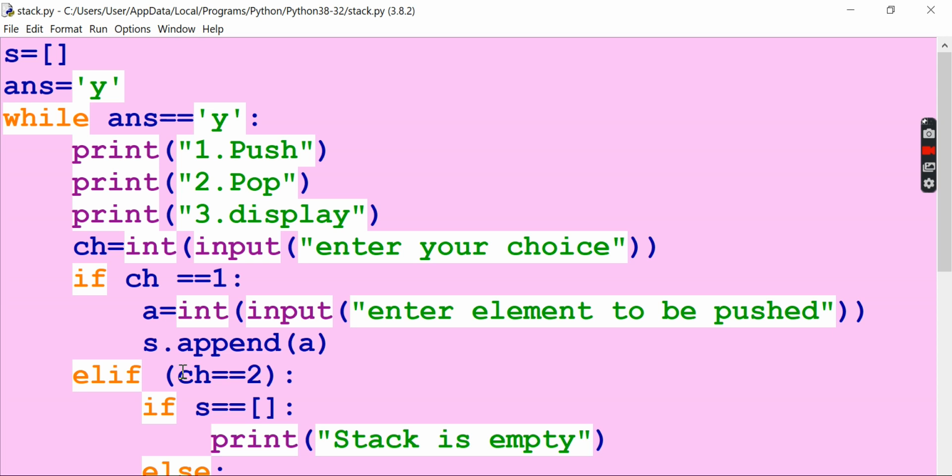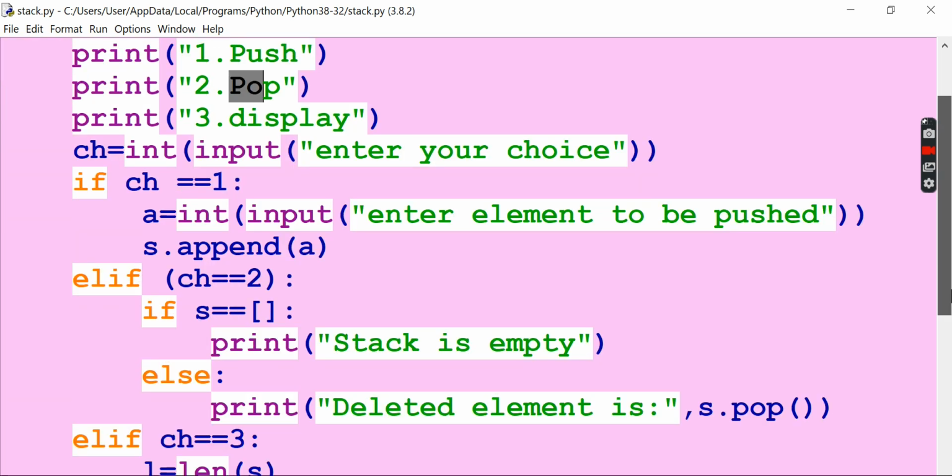Then if choice is equal to 2, that means if you press to pop, what should be done? Simply we are going to do only one action, that is S dot pop. S dot append will append to this particular list. S dot pop means popping out, deletion from this particular list.